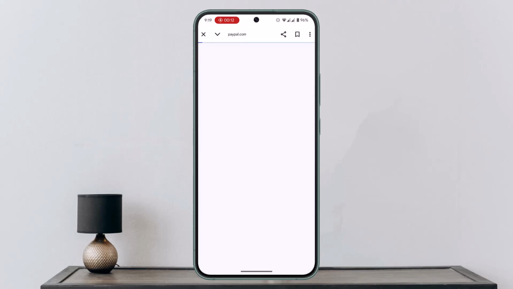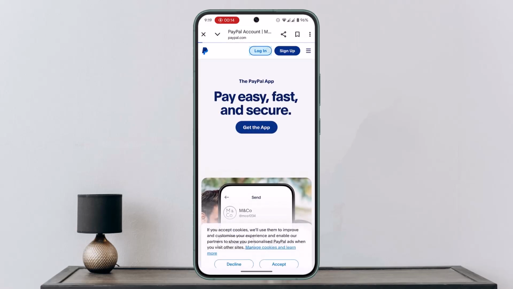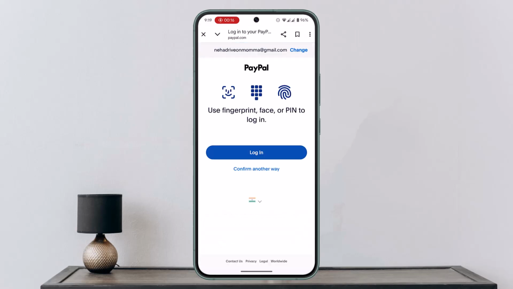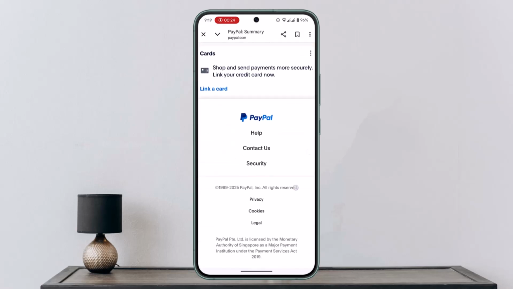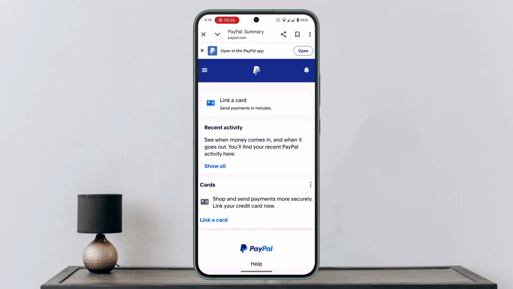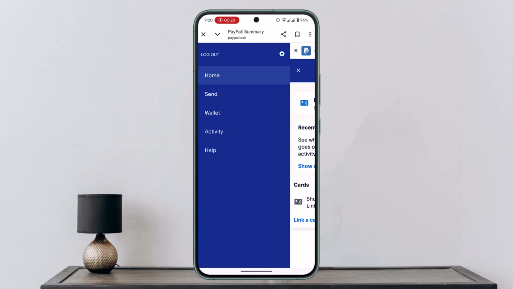So when you type in paypal.com and log into your account, the home page will look something like this. So once logged in, this is where the interface will take you. Now then click the menu bar from the left hand side corner and go to this gear icon from the